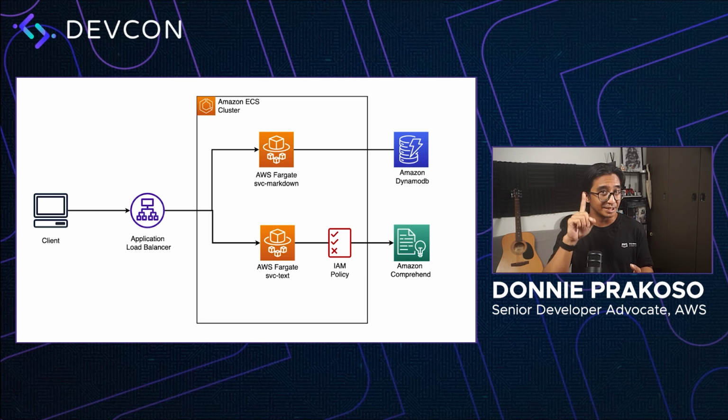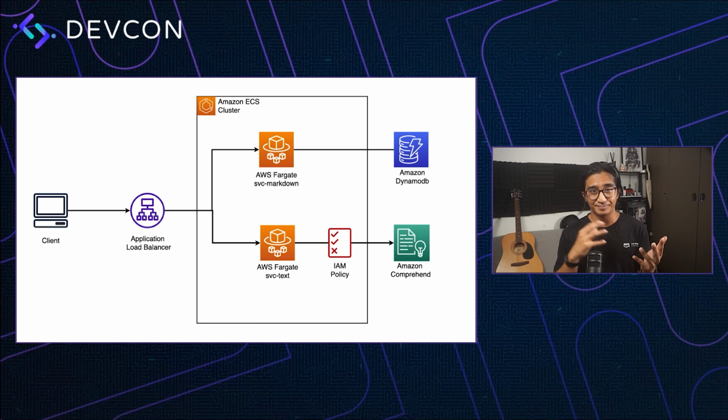But there's another thing that we need to do. As AWS is secure by default, we need to add permissions through IAM for our application to call Amazon Comprehend. And this is where CDK plays a role in our process. Let's jump into the demo to show you the integration between AWS CDK, to create the IAM, and AWS Copilot.